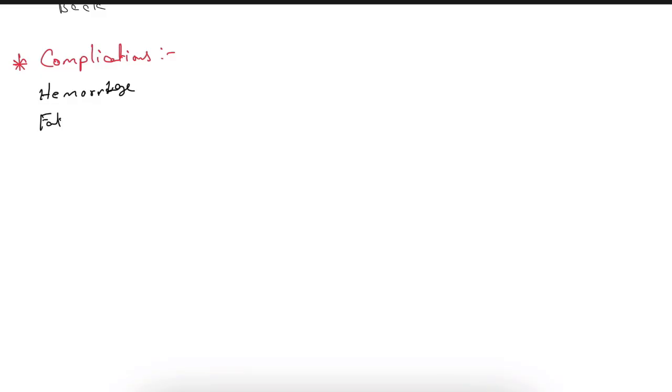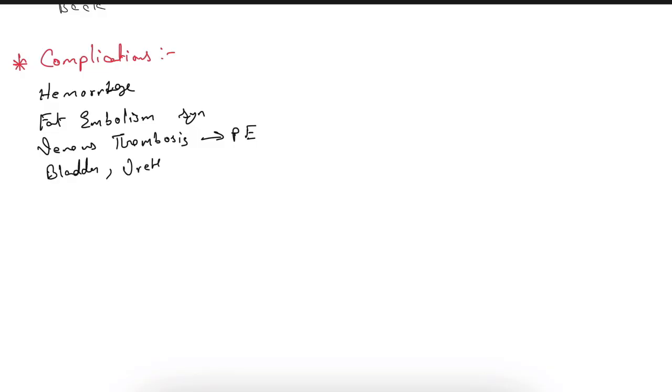Next, I already mentioned fat embolism syndrome. Then venous thrombosis, like DVT. DVT can also lead to pulmonary embolism, and bladder, urethral and bowel injuries may also be a complication. Next, some neurological damage,